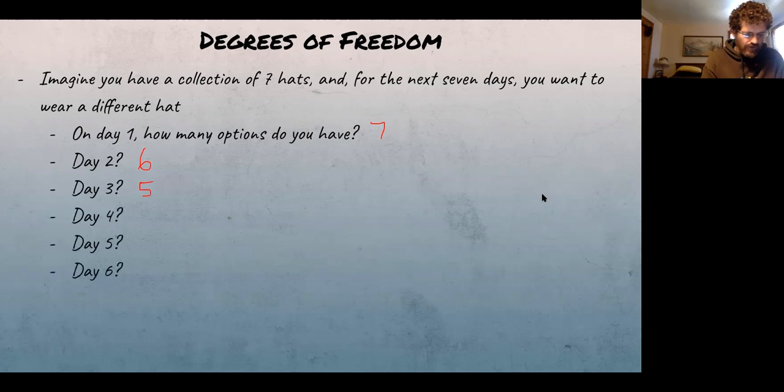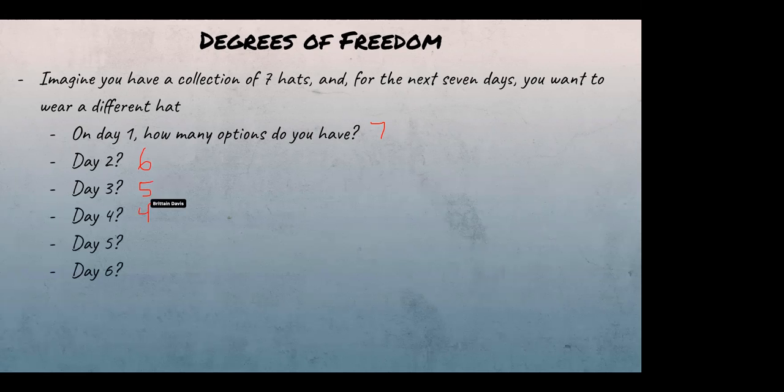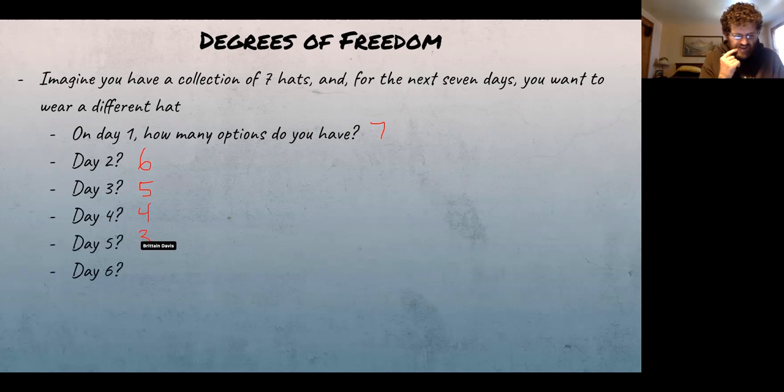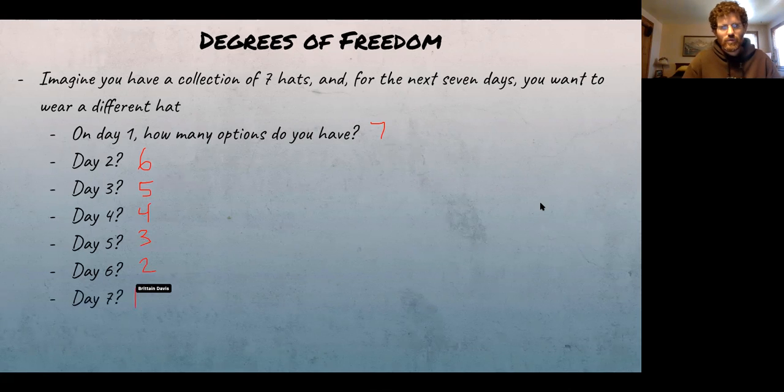For the next ones, you've got 4 options, and then 3. Now for day 6, you've already worn 5 of your hats, so you only have 2 to pick from. And then on the last day, you have 1 option. I had 7 hats, and I got to make a choice on day 1, 2, 3, 4, 5, and 6. But on the 7th day, because I'm sticking with wearing a different hat every day, I have to